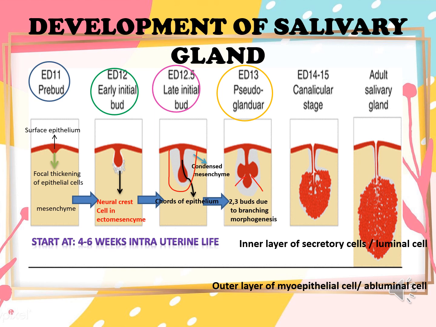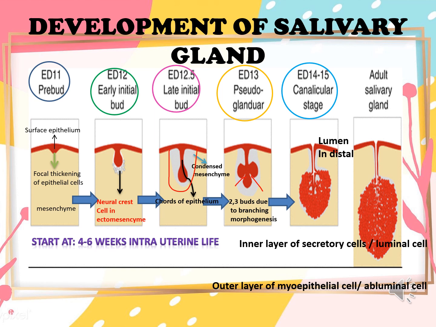because of branching morphogenesis. This happens because of the actin present at the basal and apical end of the cells and leads to the formation of cleft and deposition of extracellular matrix. The epithelium and mesenchyme interact with each other because of fibroblast growth factor and transforming growth factor. After forming pseudoglandulars, it leads to the canalicular stage where lumen is formed.